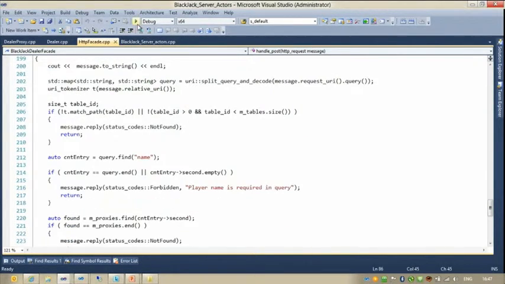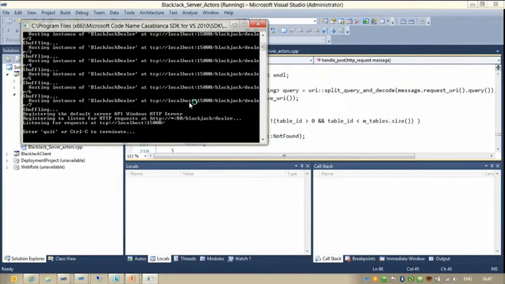Okay, so I'm going to run this, and I'm going to see there that it starts up at port 80, which is the default HTTP port. And it also started some agents. It has a second address here, TCP colon. That's kind of a misnomer a little bit, I guess. It really is the TCP port that our agent's runtime is listening at. So we'll ignore that for right now. But the blackjack dealer address is interesting.